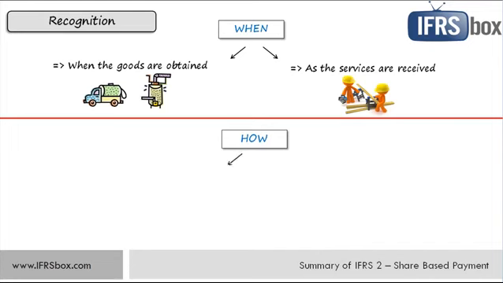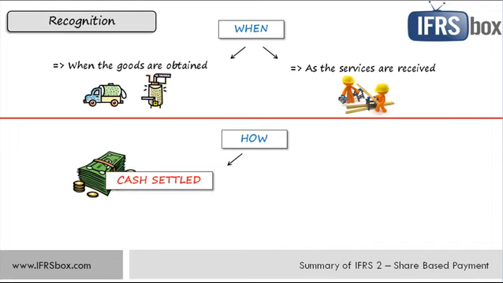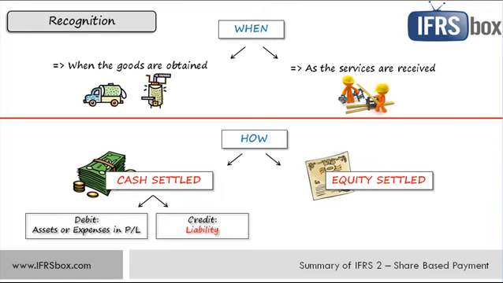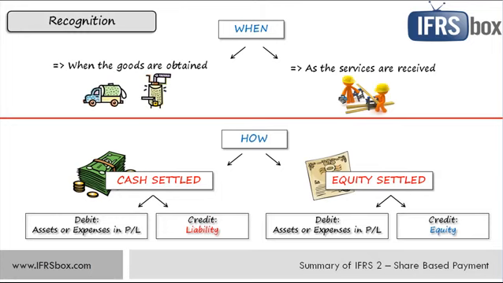If the transaction is cash settled, or an entity pays in cash based on the price or value of its equity instruments, then it is necessary to recognize the services or goods received. So we need to debit either assets, for example inventories or property, plant and equipment, or expenses, and the corresponding credit is recognized as a liability. If the transaction is equity settled, then the debit entry is the same and the corresponding credit is recognized as equity. So these are the basic recognition criteria, and let's break them down more specifically in line with various